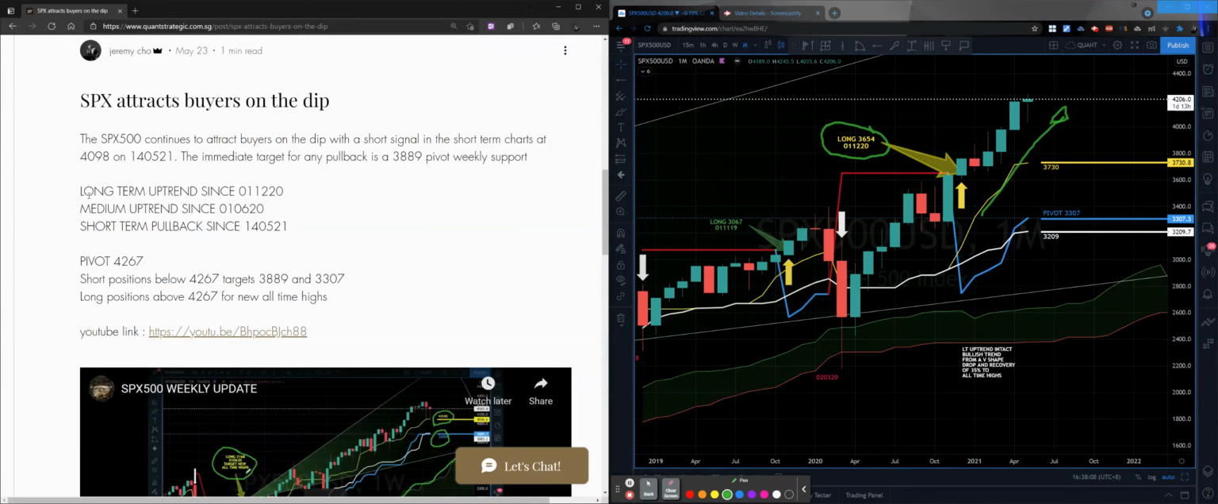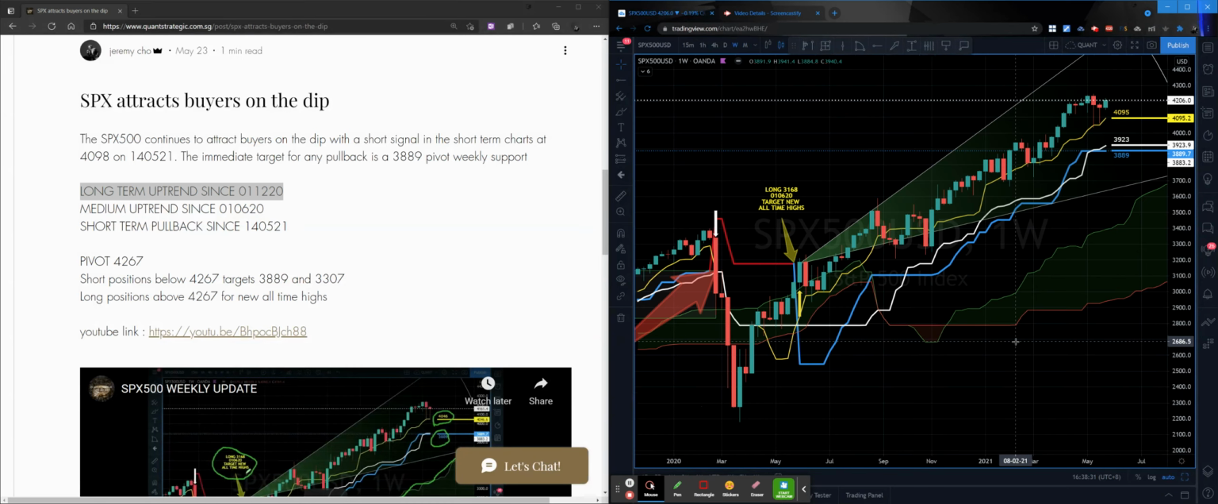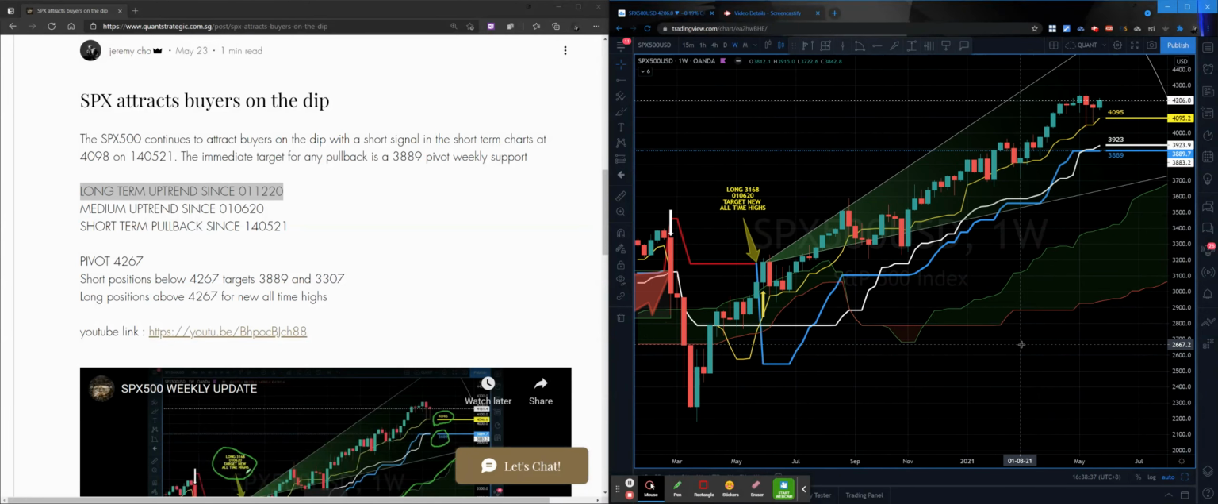And there you can see long-term uptrend since 01/12/2020. That's where I get my levels from, guys. So for the long-term uptrend, I get it from the monthly charts. Okay, so monthly trend is very much on an uptrend, and on the S&P 500 on the weekly charts, you